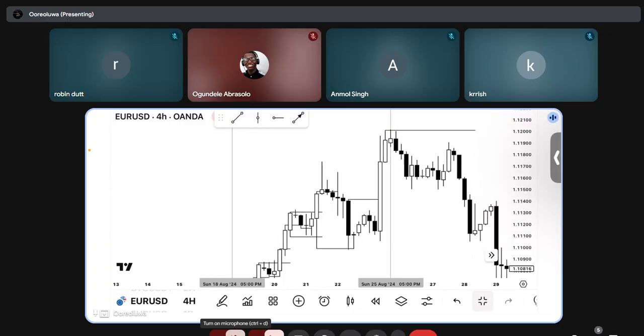This is what you are still looking at. We close below, so we need to close above it. Since we wicked below, we need to close above. So it's not this one. This is what you are looking at,